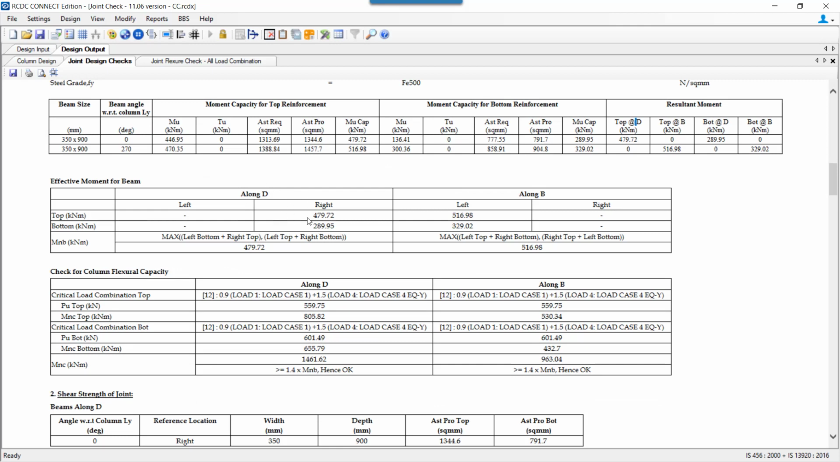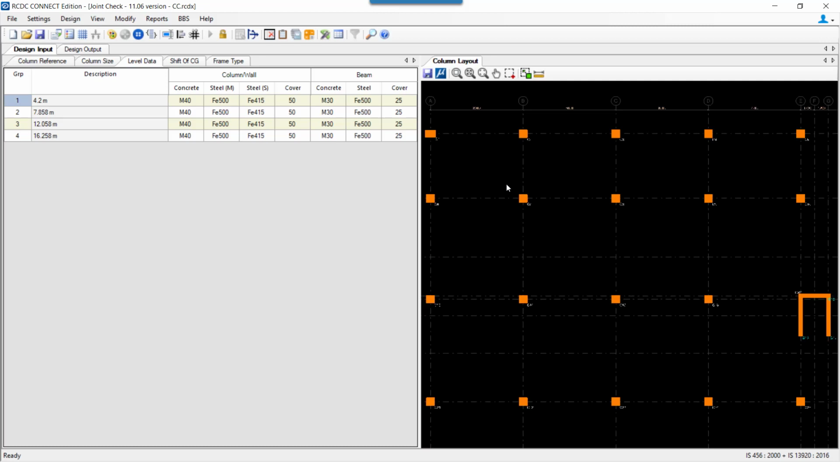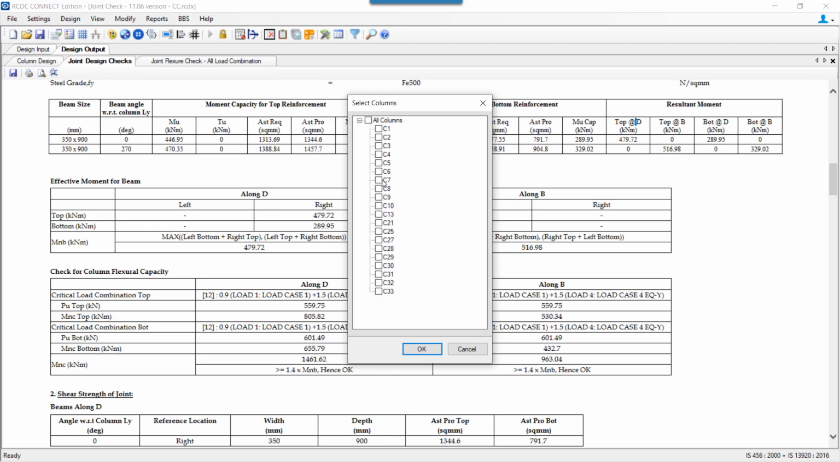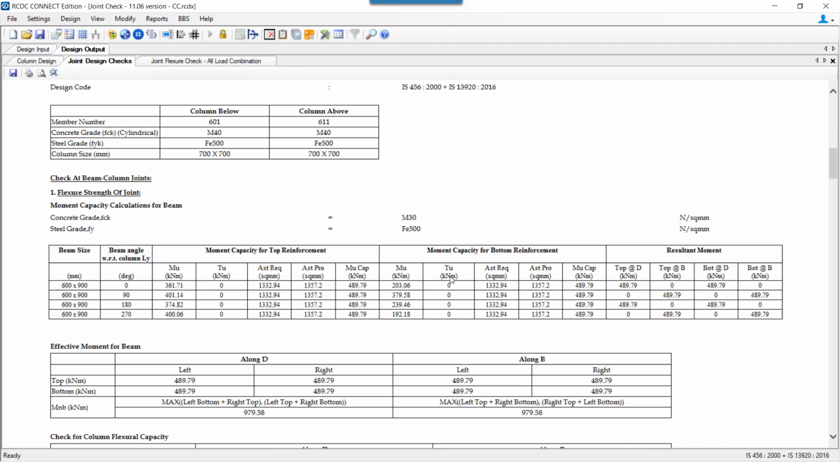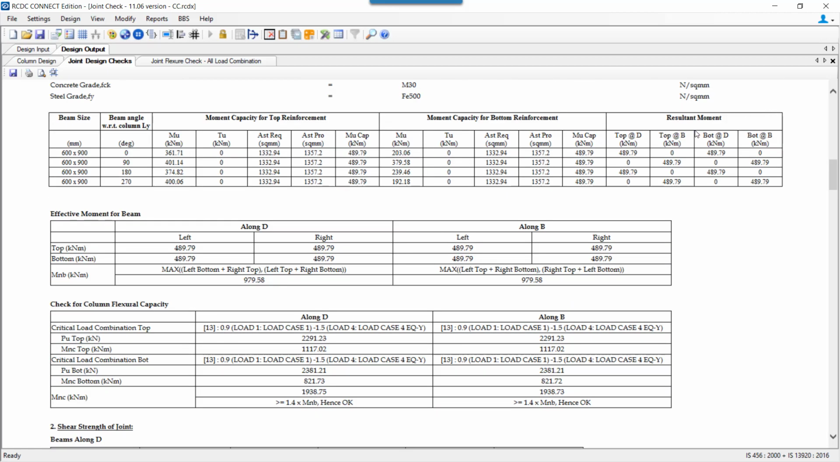So along D, we have a beam on the right hand side, and along B, we have a beam on the left hand side. Let us quickly look at the case where there are beams on all four sides. Let us take an example of column C7. Let me check the joint check report of column C7. So if we come here, we have beams on all the four sides, 0, 90, 180 and 270. In this case, once the final resultant moments are determined, when we come for a combination of sway left and sway right,